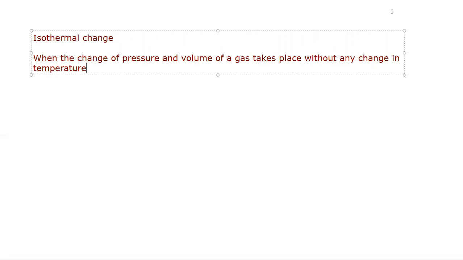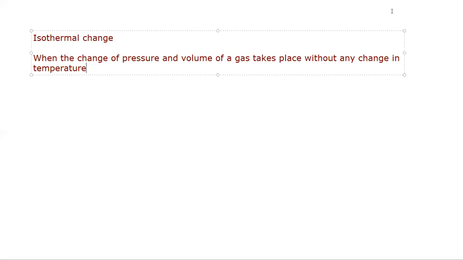Because heat should be allowed, right? The exchange of heat should be allowed between the gas and the surroundings. There is an exchange of heat, right? But the temperature is not rising. In practice, there is no such conductor through which conduction of heat takes place as rapidly as required to maintain the temperature of the system constant. But a fairly close approximation of isothermal change may be obtained by causing the movement of a piston at a